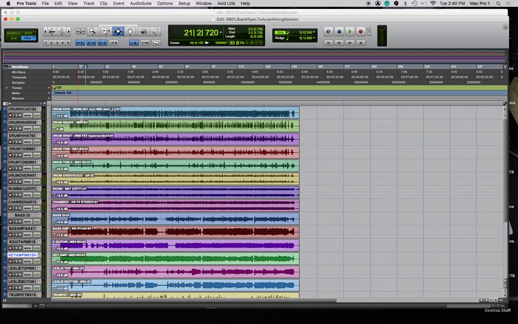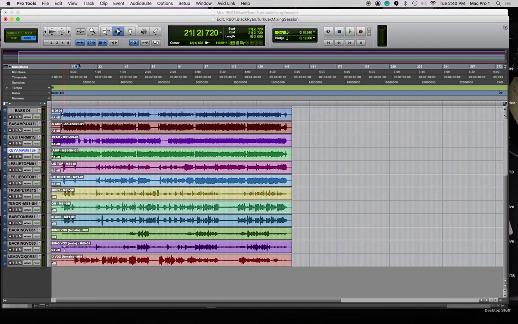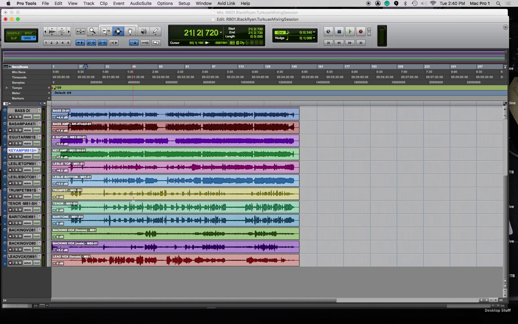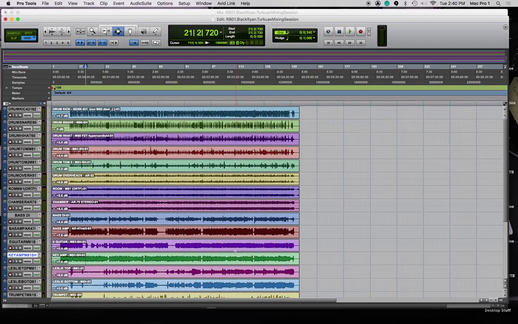I'll do that. No problem. It's not an issue of whether or not I can do it. It's an issue of I think I end up with better results when I go for it. So now all of these levels are pretty much looking good, and I don't touch those automation gain plugins or those gain plugins here on Pro Tools again, unless I am doing automation, which would be much farther down